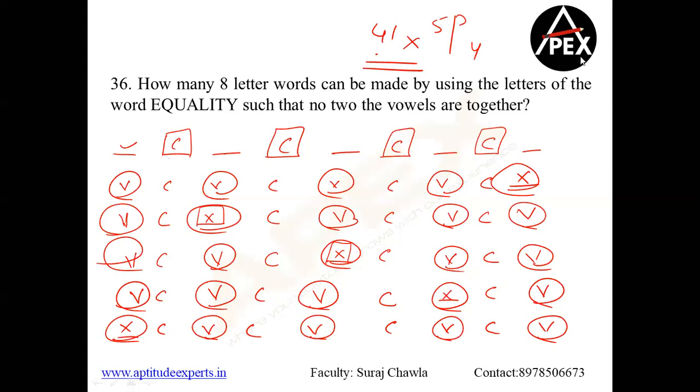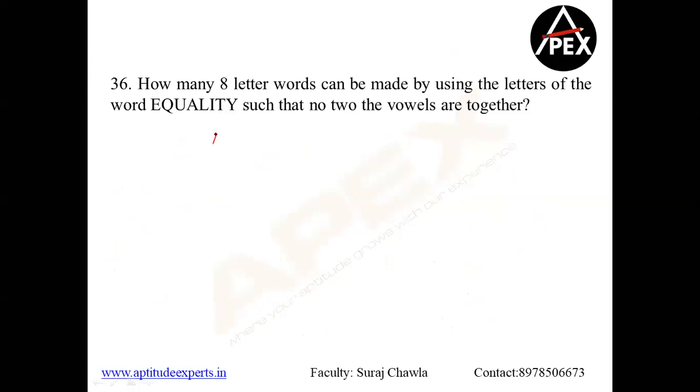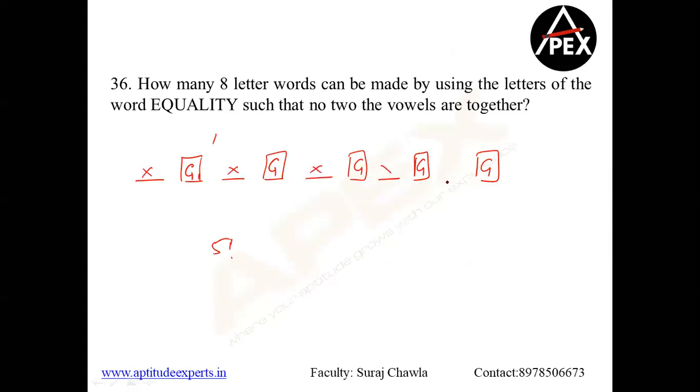Harshita, do not worry. Harshita wants me to explain 3 boys and 5 girls. So we'll discuss that also. I have 3 boys. So first arrange all the girls. Let's say G, then again a G, again a G, again a G, and again a G. So 5 girls first have to be arranged, 5 factorial. Now first blank, second blank, third blank, fourth blank, fifth blank, sixth blank. So in these 6 places, arrange any of the 3 boys, you will get your answer. Clear, Harshita?